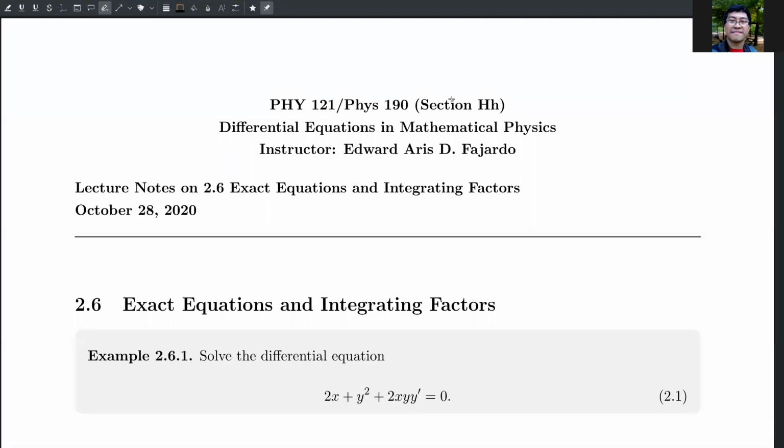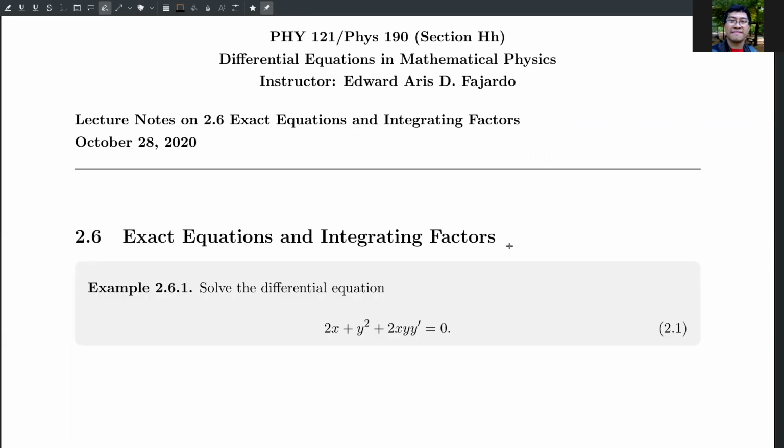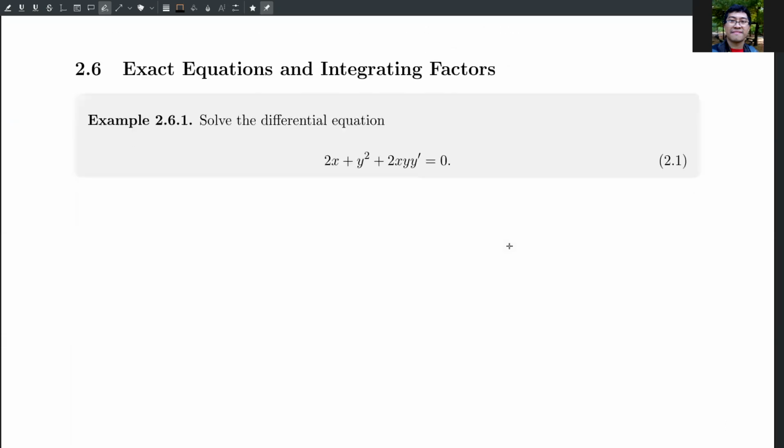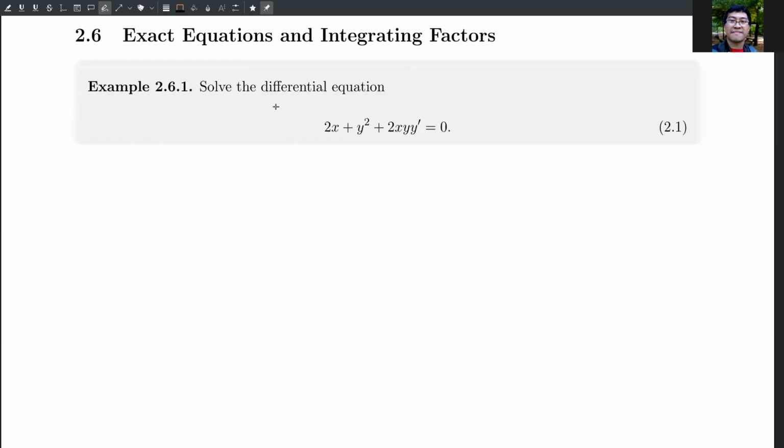Let us talk on exact equations and integrating factors. To begin with this discussion, let's start with an example. We solve the differential equation 2x plus y squared plus 2xy y prime. To solve this, take note that this equation is not separable